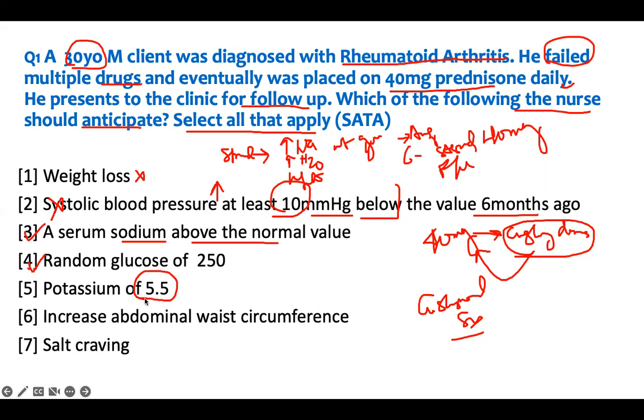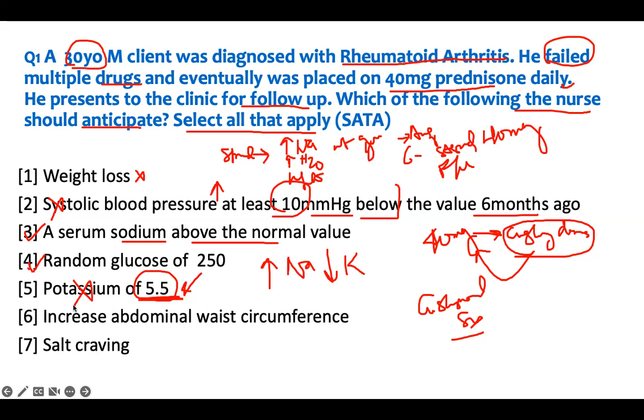Potassium of 5.5. Think. Cushing and Addison, what do they do? Wherever your sodium goes, potassium doesn't like it. That's another way of thinking about it. I don't want to break down the renin-angiotensin system, but if you have high sodium, potassium doesn't like it. To maintain the charges of the cell, sodium and potassium are enemies. So if their sodium is going up in Cushing or on steroid, well, your potassium goes down. And therefore 5.5, I don't expect that. I expect something lower than that.